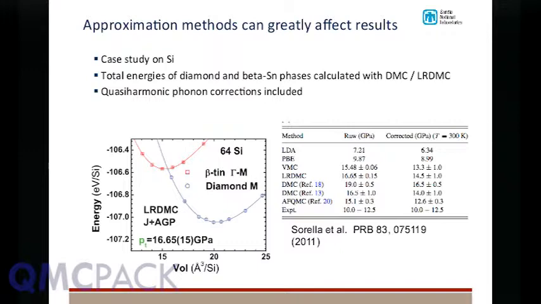So over in this chart, you can see we've got comparisons. Here's the experimental number that's sort of 10 to 12. So these 4 lines here are quantum Monte Carlo methods of one flavor or another. These 3 correspond to diffusion Monte Carlo, just with different ways of treating, let's say, the finite size effects. And then auxiliary field is another projector method. And you can see that the transition pressures that they're getting vary a fair amount. So some sort of 14.5 to 16.5, or 12 for the auxiliary field,